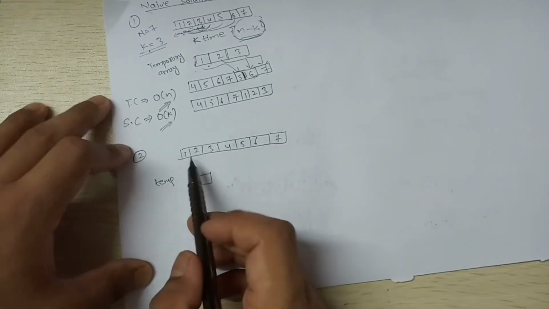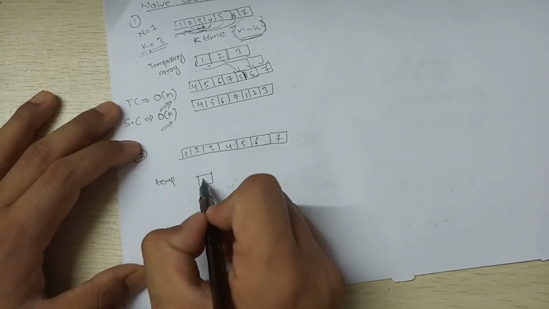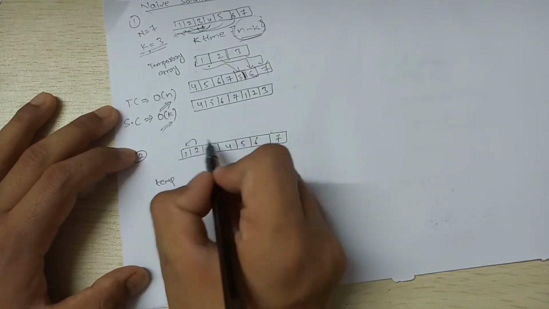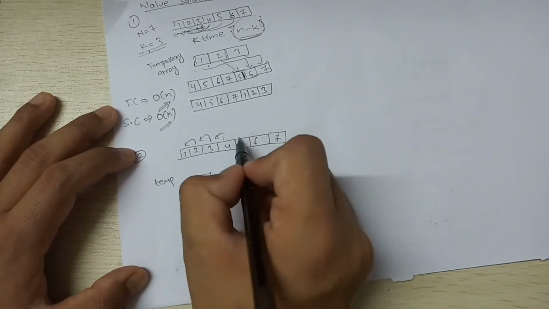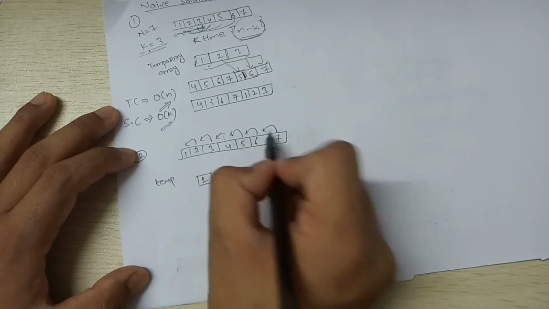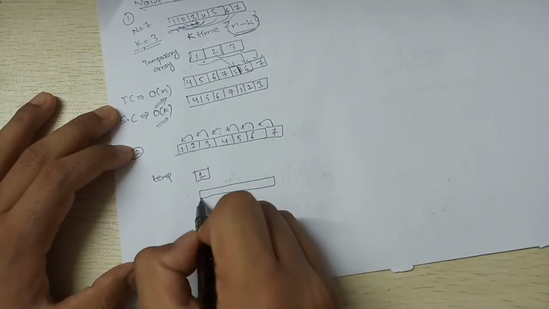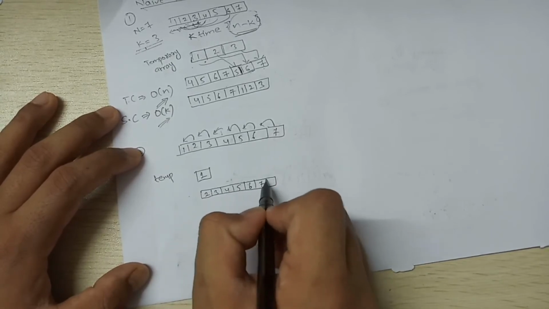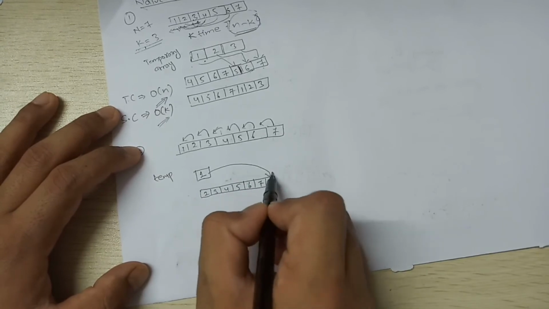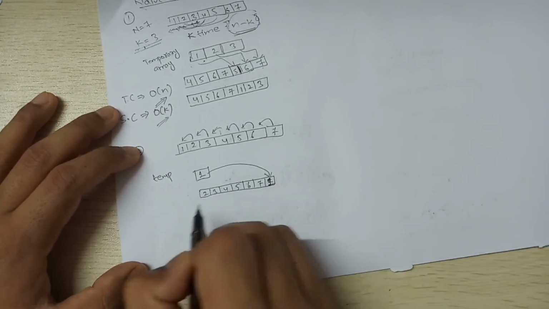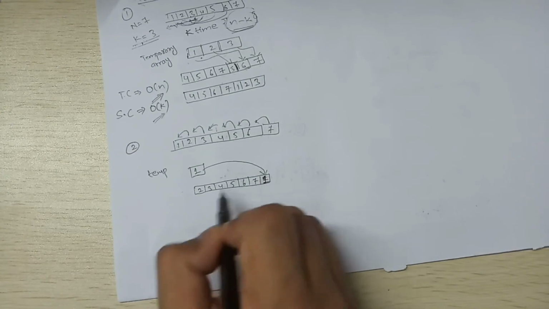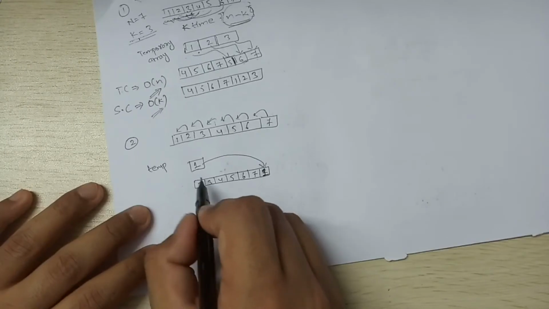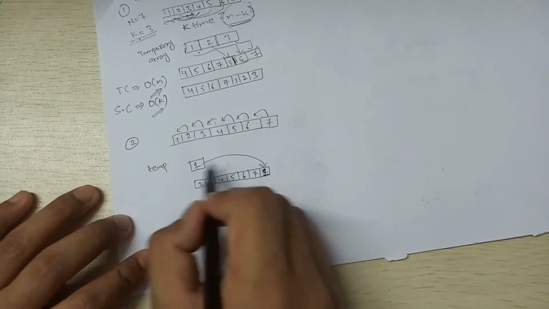So you take the element and you store it in the temporary variable. After that you do the shifting. So you did the shift. So you shift it. So your array will look like this, and after that you copy the value of the temporary variable into the last position. So this way you did it one time.